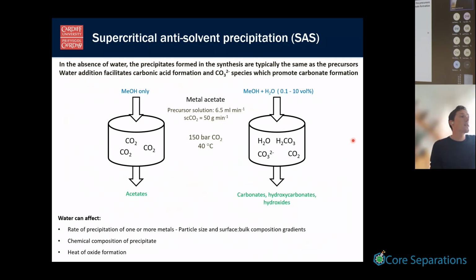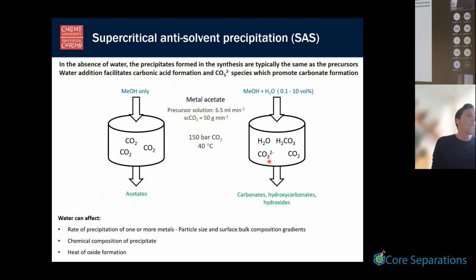So what perhaps I can add to the discussion, and something that might not necessarily be unique to catalyst preparation, but is certainly of more importance to catalyst preparation, is the presence of water. If you were to do this kind of SAS preparation just in the presence of our organic solvent and our metal acetate salt, we would precipitate out our acetate. However, if we add a small amount of water, typically 1 to 5 volume percent, we can actually induce some chemical changes in the equipment, which affects our precipitate composition quite heavily,